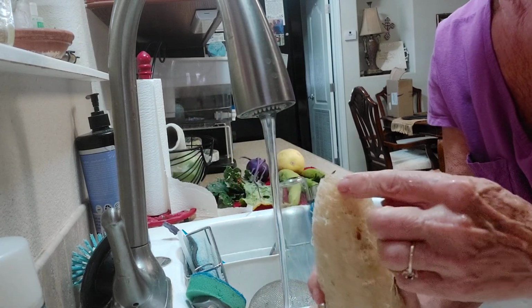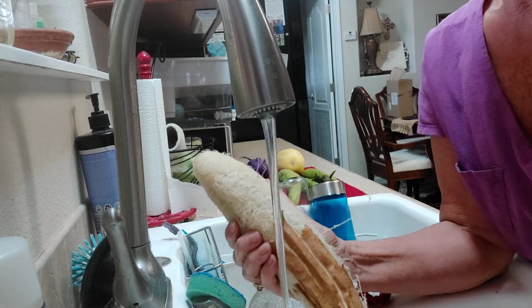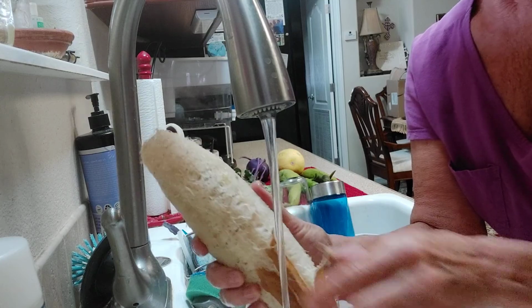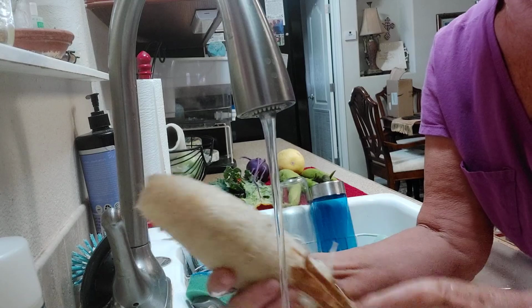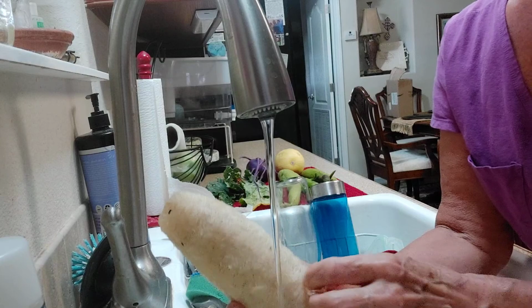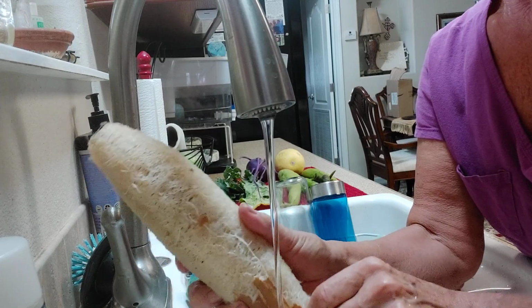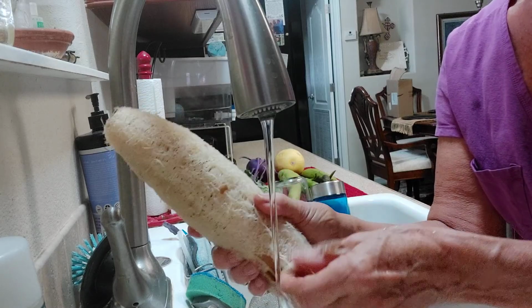Now, I cut off this end. Actually, this end just fell off, but that's okay. That was the perfect end, because I kind of want to leave the other end. Well, it's off too. So they're going to do what they're going to do, but I was going to leave one end on. It's harder to get the seeds out, but I kind of thought it might be nice to keep one end solid for when you're doing stuff. Maybe I'm thinking of making it like a big bath brush, but I think that may not be practical. So this is what I'm doing, peeling my loofah